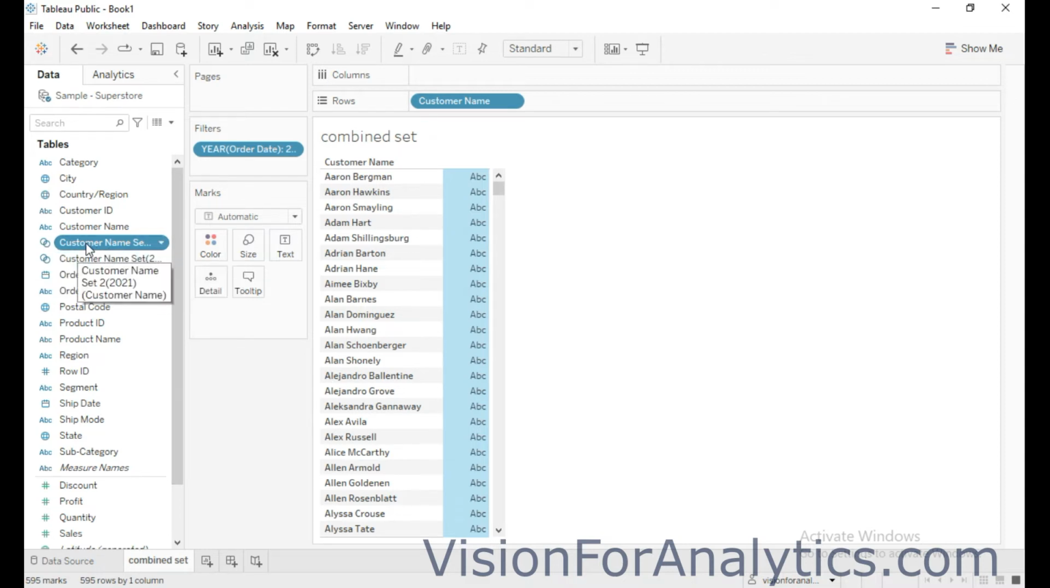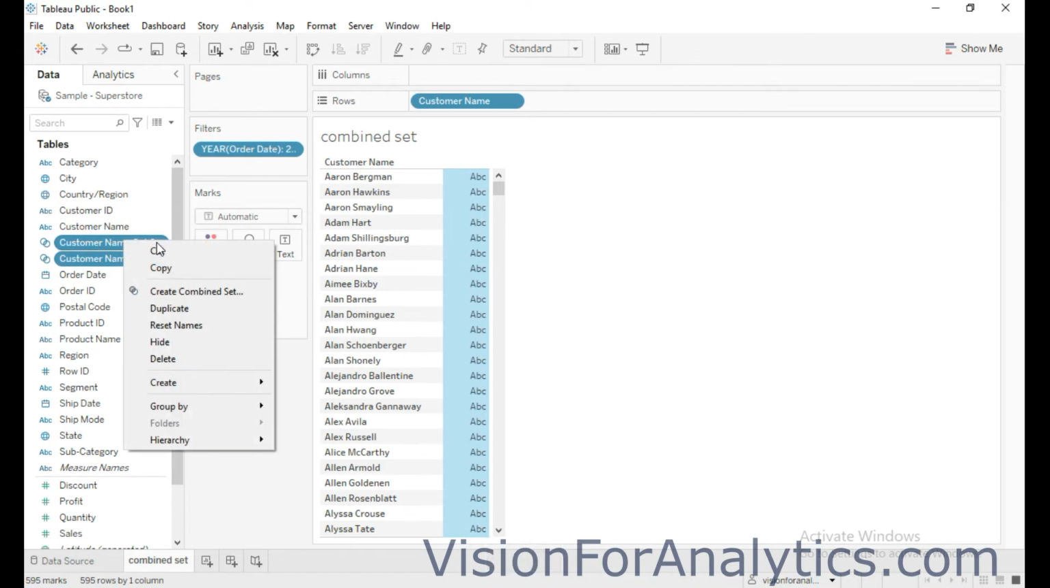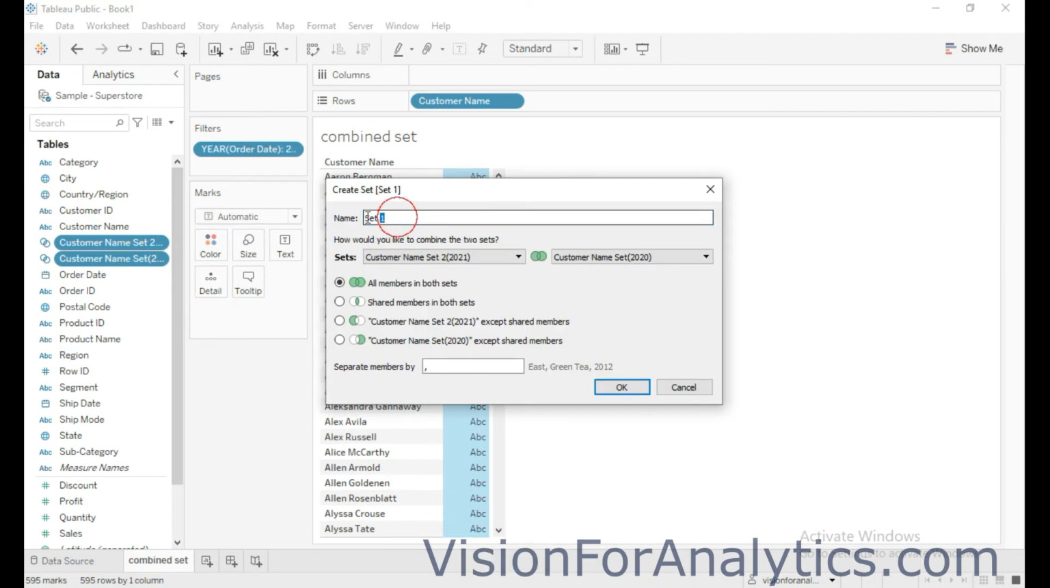So you can see here in the data pane there are two custom fields added for customer names in 2020 and customer names in 2021. So keep pressing on Ctrl and select both these sets, then right click. So you can see this option create combined set, right? So click on that. So I'm going to name this set as combined set 2020 and 2021